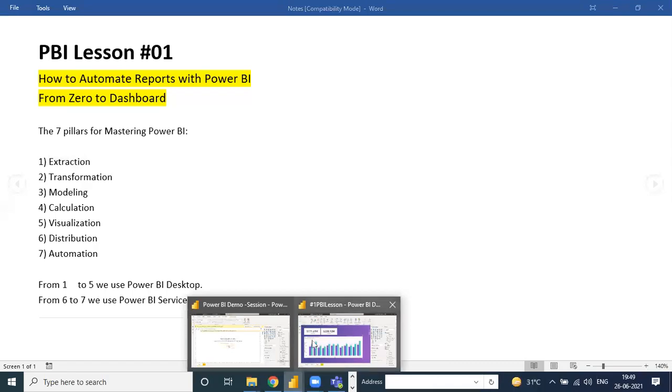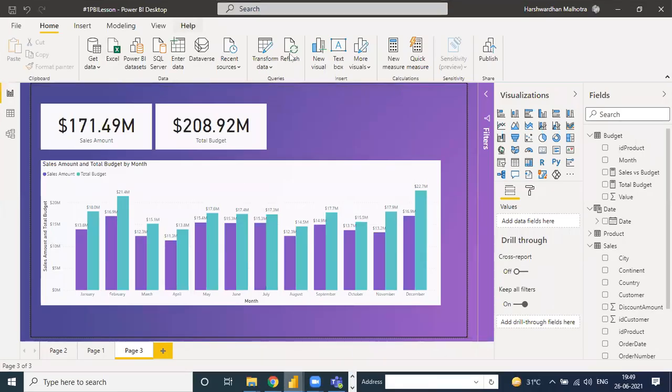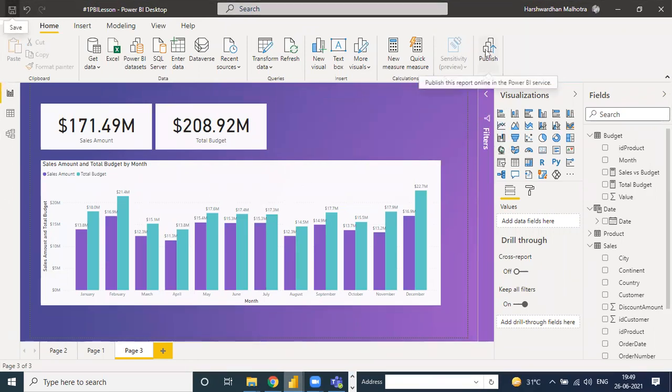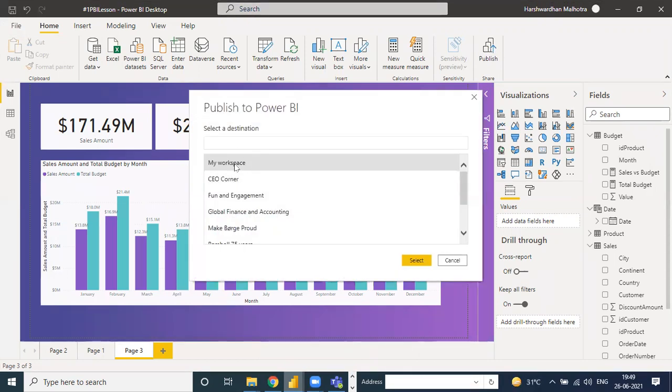When we use this report, first of all if you want to save this one, when it is saved, you make a publish. Publish where? To the Power BI service tool. When you click on publish, it shows a window like this.